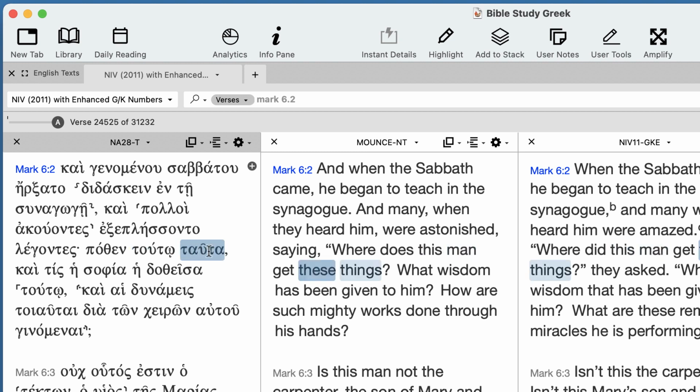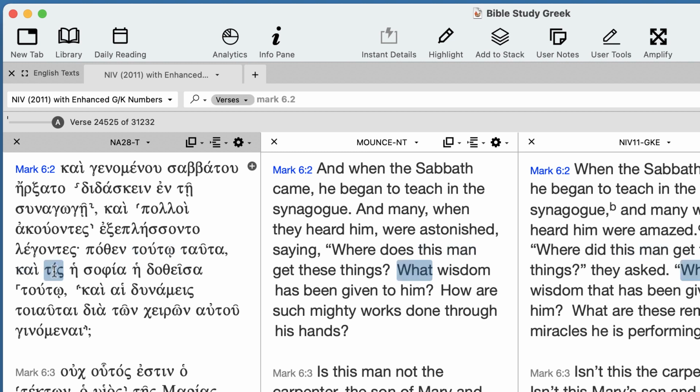So here you have this demonstrative pronoun, again the same one, right? It's hutos, and these things are what he's been talking about, but these things have come to this one, meaning Jesus. So you could say to him, or as this translation does, this man. So again, the basic rule here is the demonstrative pronoun not only can function to mean this, but when referring back to a person, we'll often translate it as a pronoun, he, or in this case, you make it a little clear, of this man.